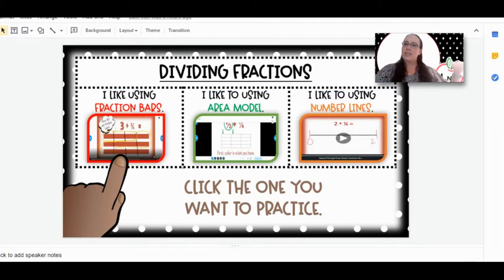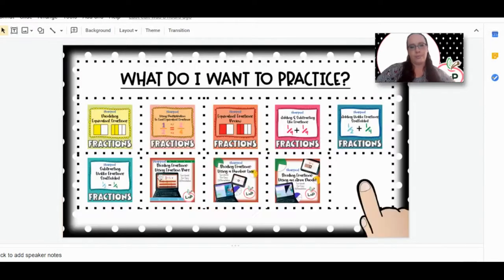Dividing fractions, 3 ways to learn it: number lines, area model, fraction bars. And all of these lessons have brief instructional videos where I actually walk the students through every one of these strategies. And then, of course, this one is everything fractions. So if you're really trying to create an independent activity or something where students are guided through step by step, these are in order: modeling equivalent fractions using multiplication, reviewing both strategies, like fractions, adding unlike fractions, subtracting unlike fractions,